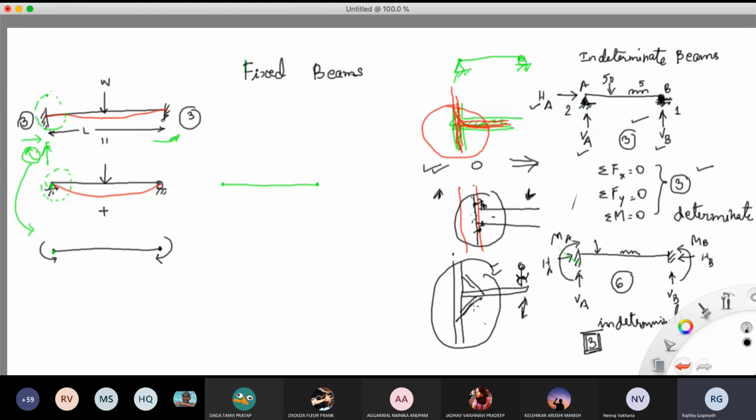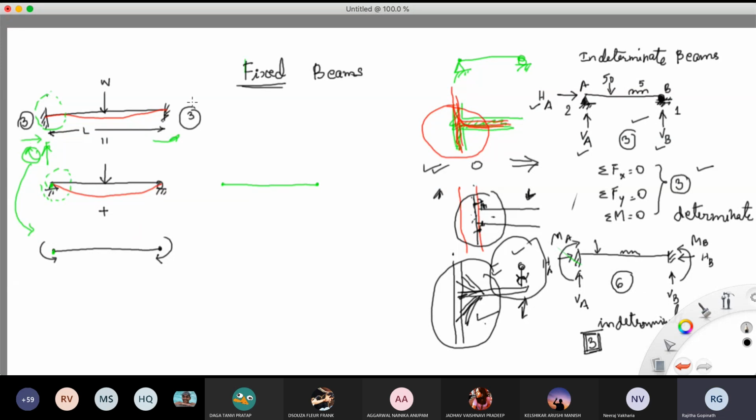You want the floor of your house like this, completely fixed, isn't it? Ekdam fixed chahiye. You don't want your furniture to start moving when you're walking from one end of the room to the other end of the room, right? So you want some rigidity here, whereas you want flexibility in the diver's case, right? Now come back to this one. This is exactly what I'm doing here. What you have here is a very rigid beam, which is a fixed beam.